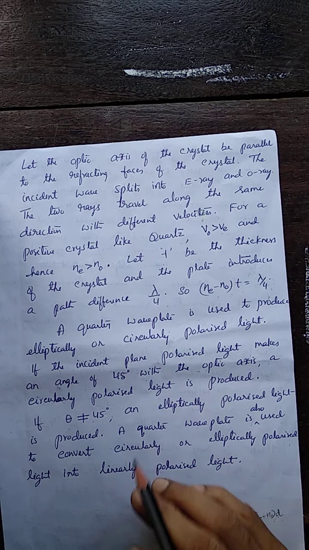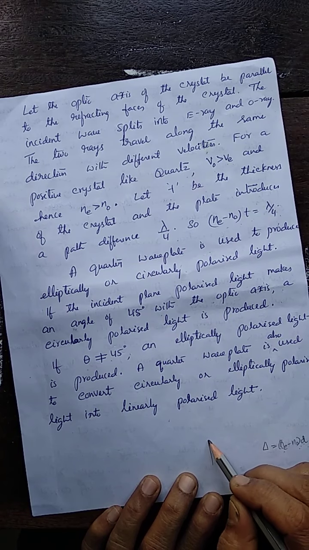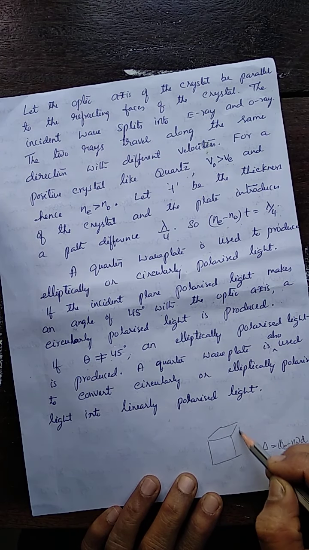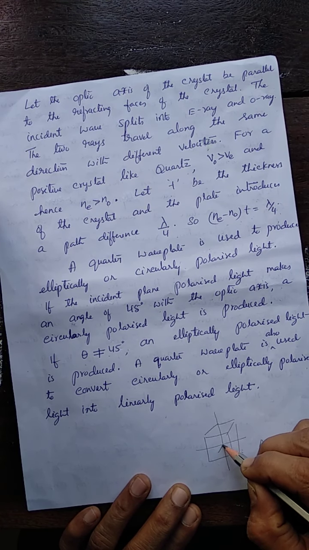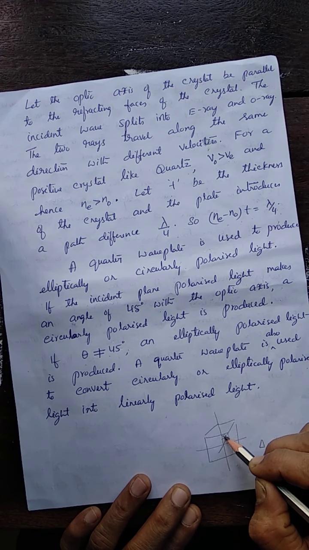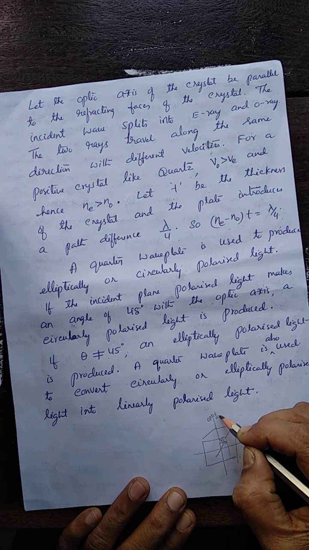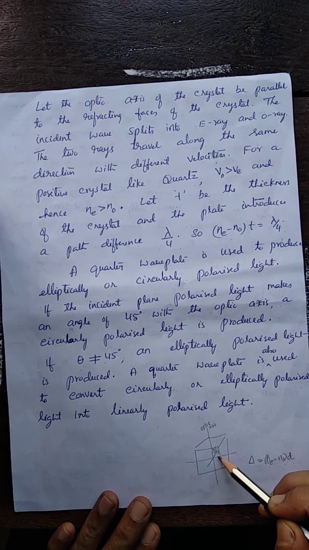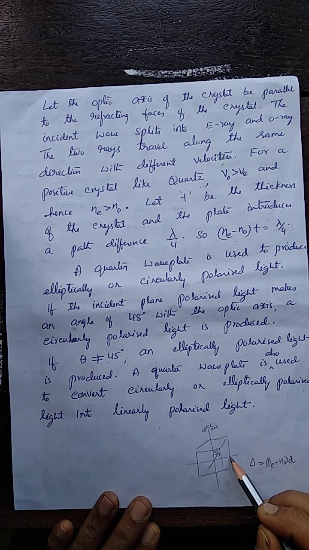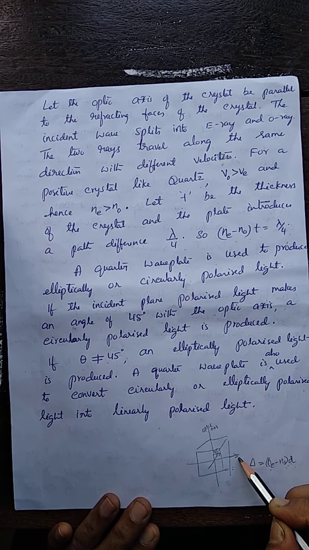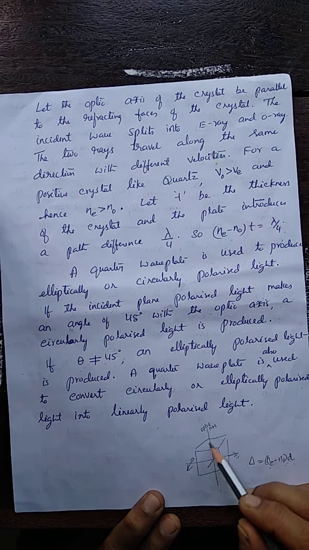Suppose the incident light is plane polarized, and here we have the crystal. I had explained these things in the previous class. See, the crystal has its optic axis parallel to the refracting faces. Suppose the incident plane polarized beam makes an angle of exactly 45 degrees with the optic axis. This is the optic axis. If the incident plane polarized beam makes an angle of 45 degrees with the optic axis, then the emergent light is circularly polarized. Incident is plane polarized, emergent will be circularly polarized because